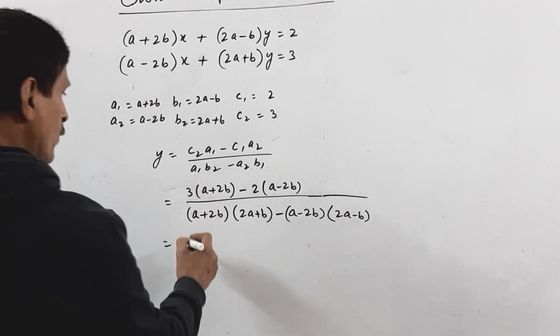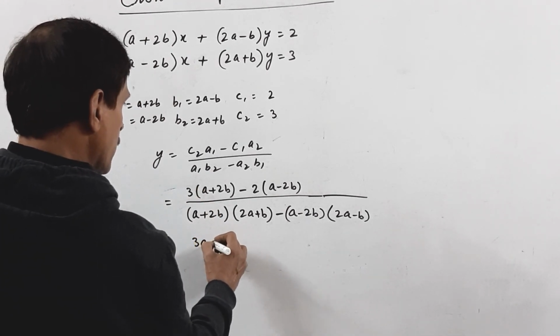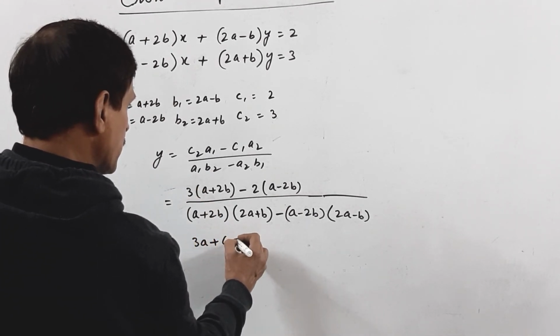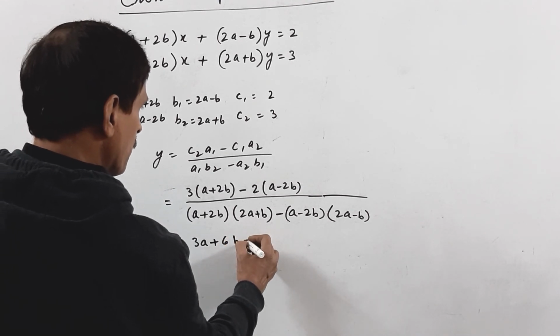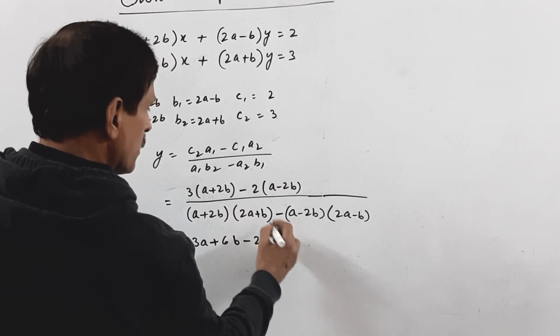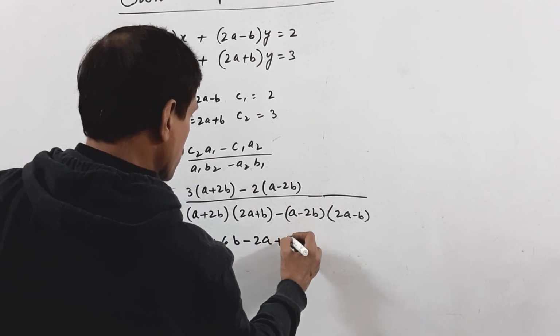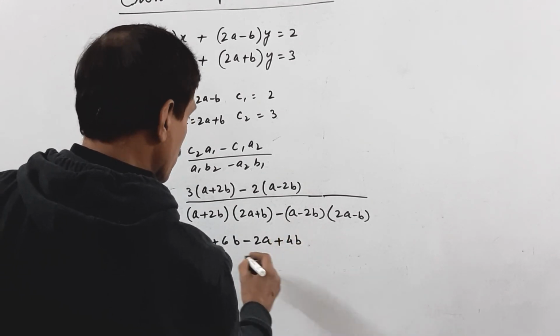Solving it, we get 3a plus 6b minus 2a plus 4b